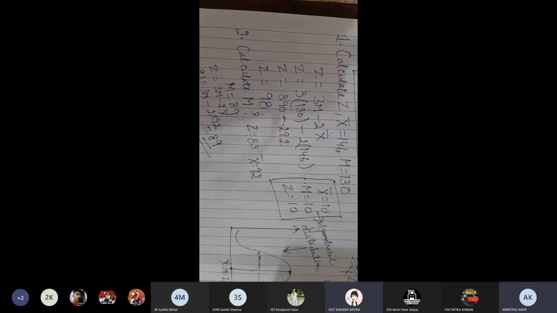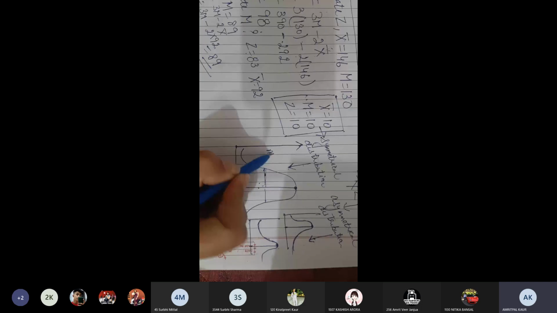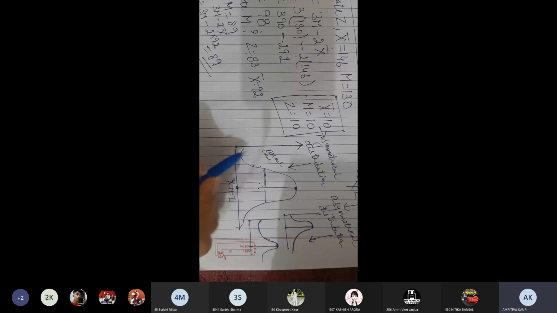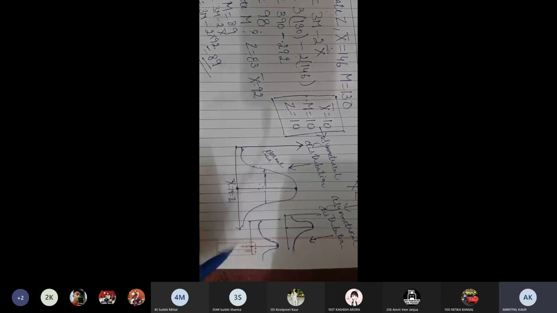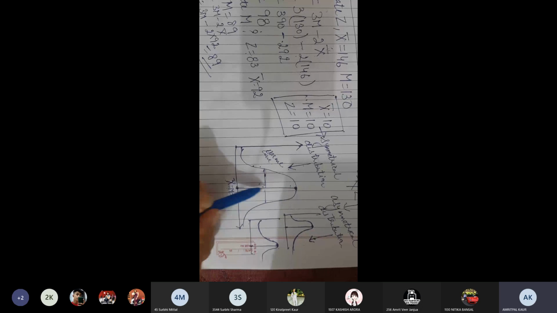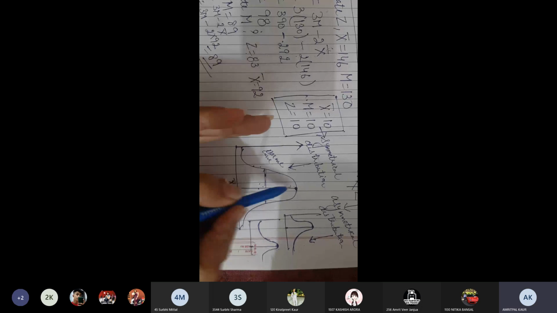Okay. See the graph side here. See this first graph. This is known as the normal curve. What is this normal curve? When we plot the values and join the points, we get this type of curve. This is also known as the bell-shaped curve. So now what is this bell? We draw a line from this highest point and then you see both sides how much area is there from this line. How much area is there this side, how much area is there this side.